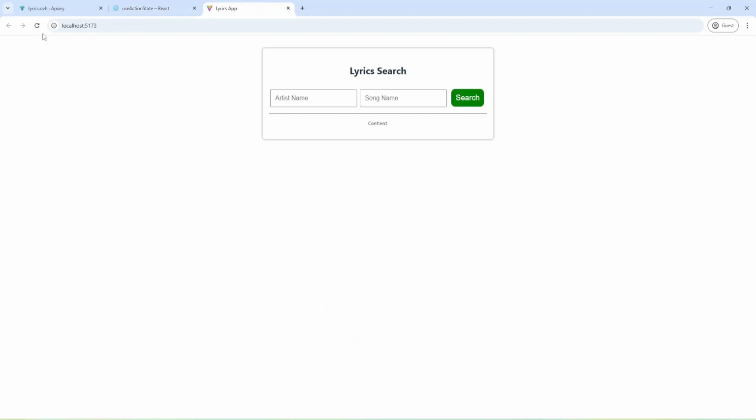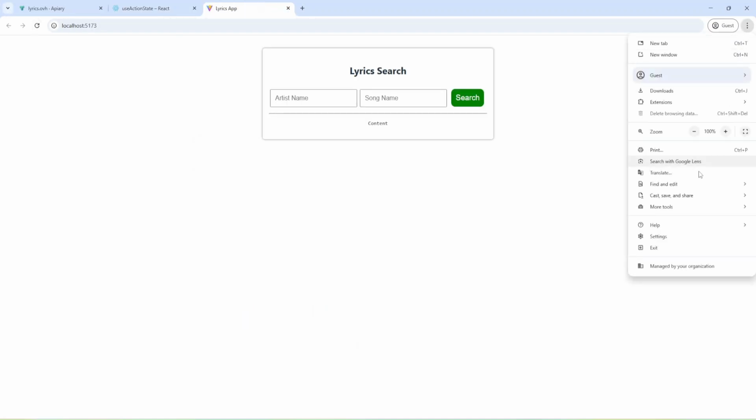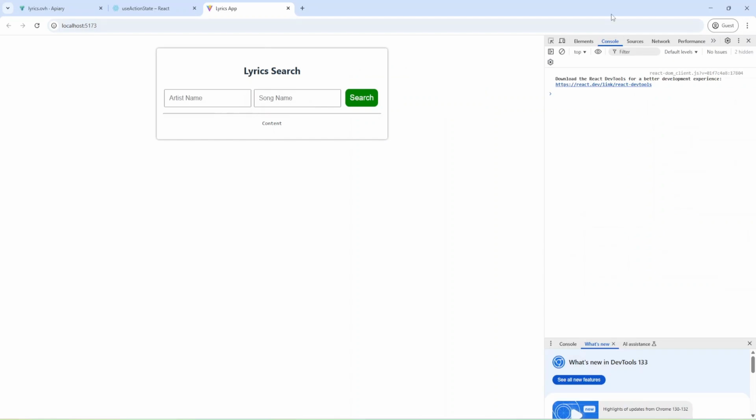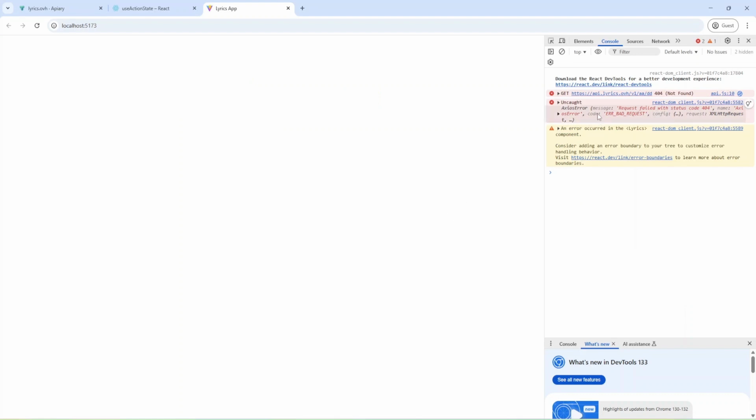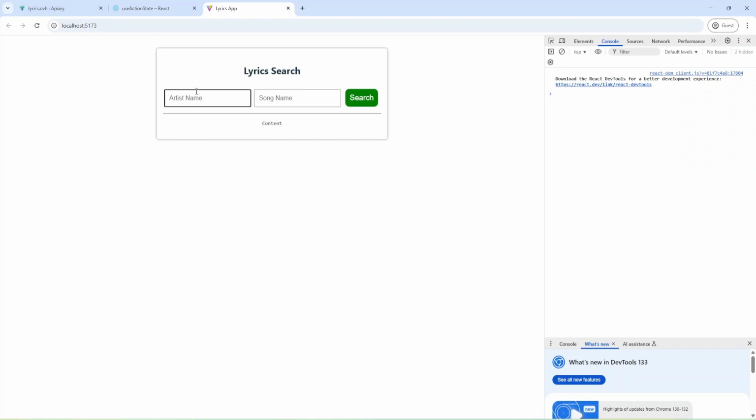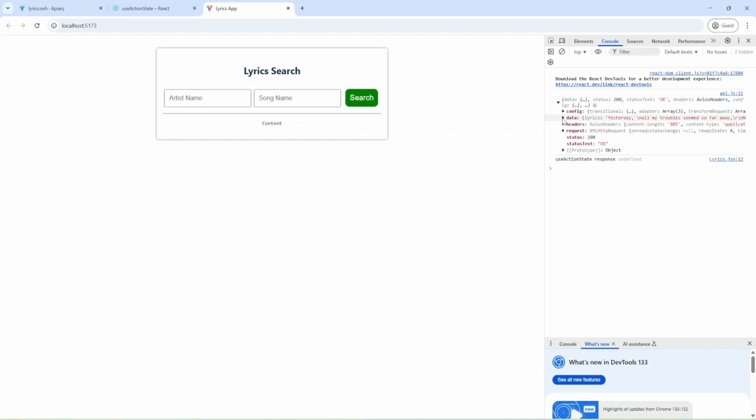I'm going to open my application and open developer tools and console, and let's provide some name. And as you can see, we have an Axios error. Let me refresh and provide some correct name and press search.